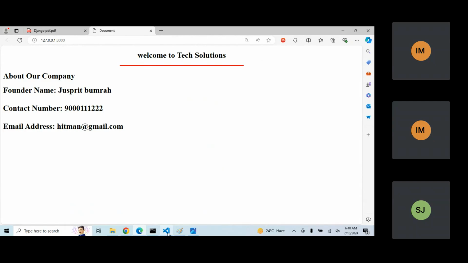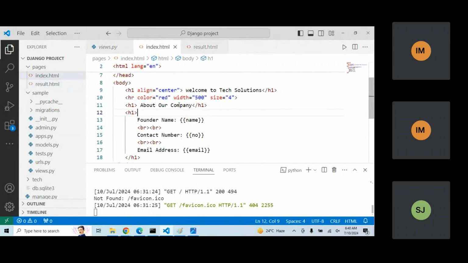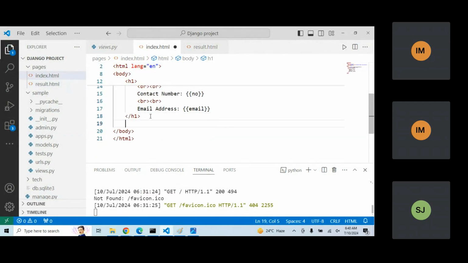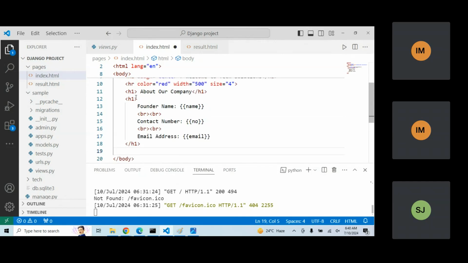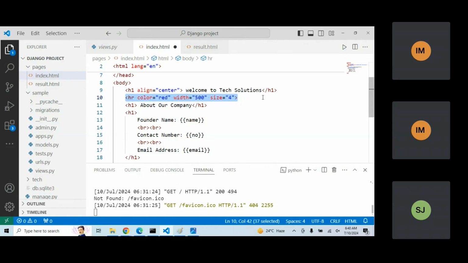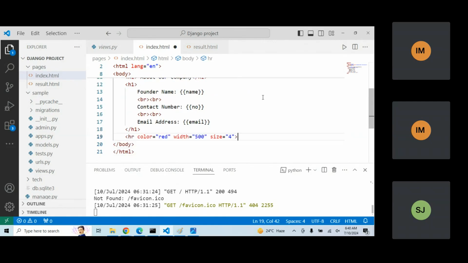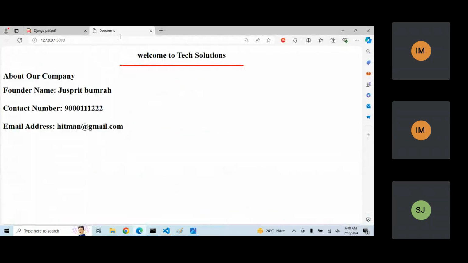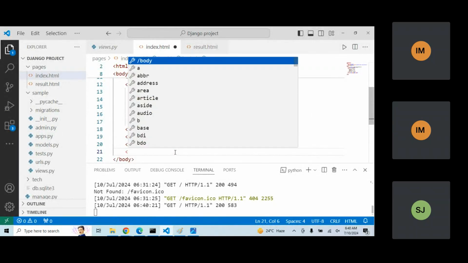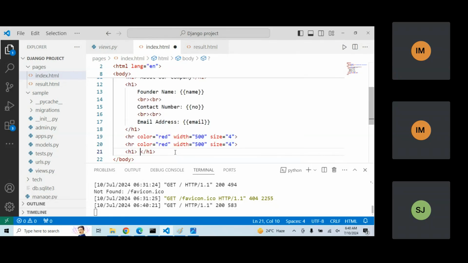Now first of all, in file number 1, I'm going to write some code. Let me just write one HR tag here just for understanding purpose. So from this area we're going to write the new code. After this I'm going to write the new code. So let me create one form here. I wanted to perform one simple operation: I wanted to receive two numbers and generate the addition of the two numbers as a result on the next page. So here I'm going to write addition of two numbers,